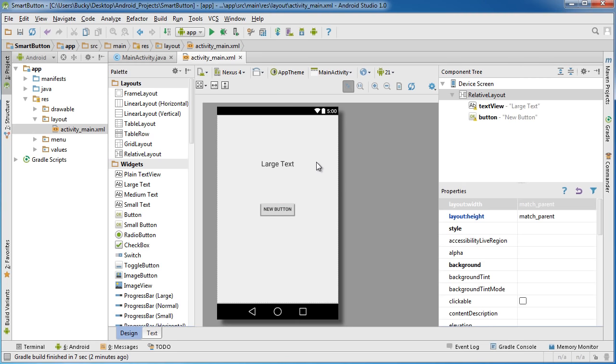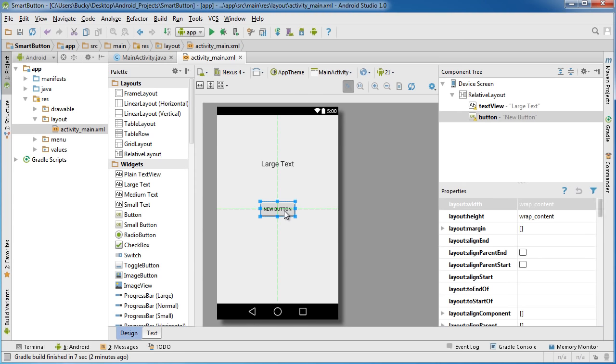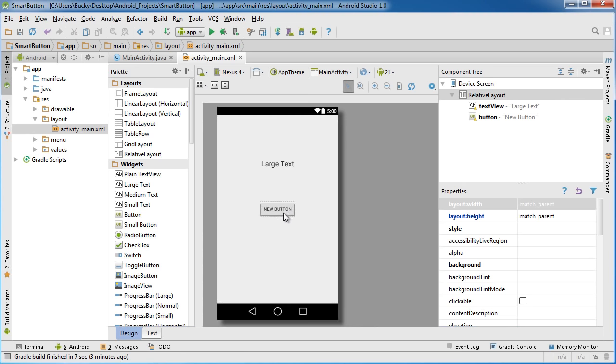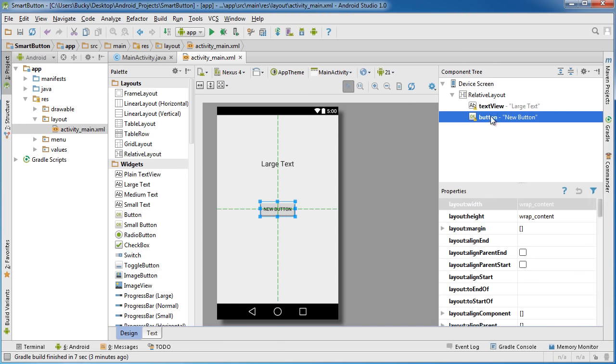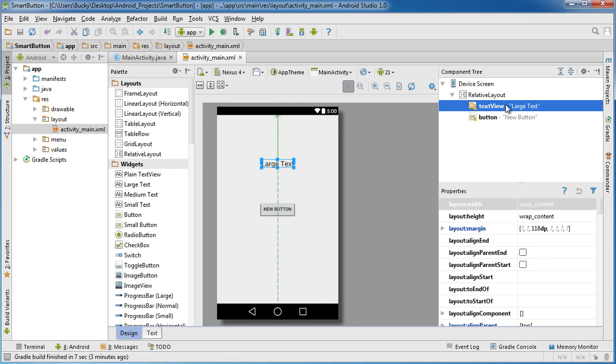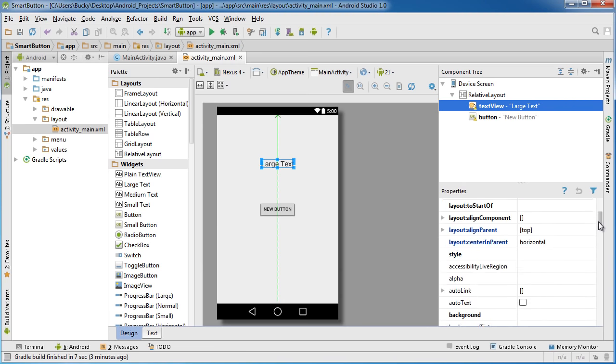Now, whenever we're learning event handling, of course, what this means is we're going to have to wait for the user to click the button and then change the text. So we need a reference to both of these objects right here. So we need to set an ID for both of these widgets. So you can do these in any order, but I'm going to go to my text view first and scroll down to ID,